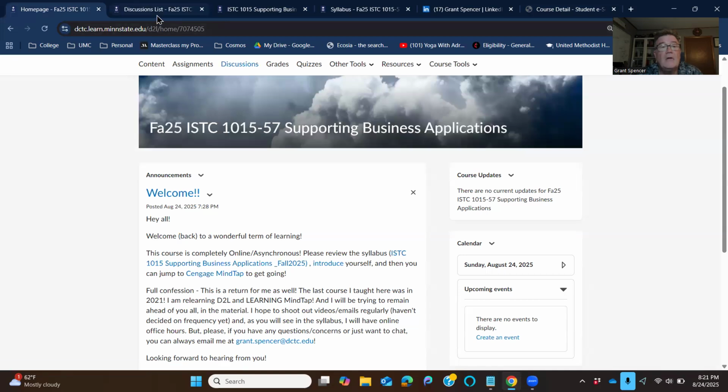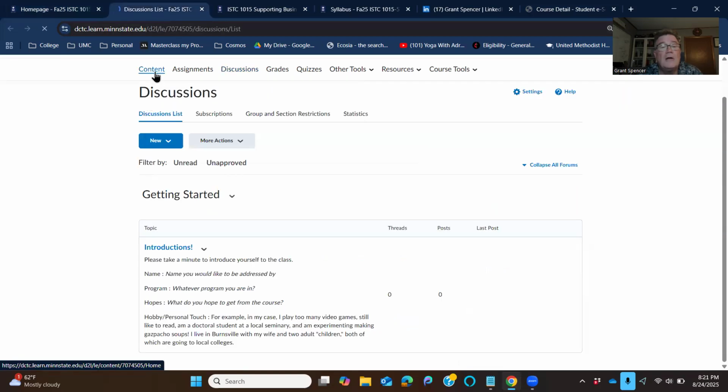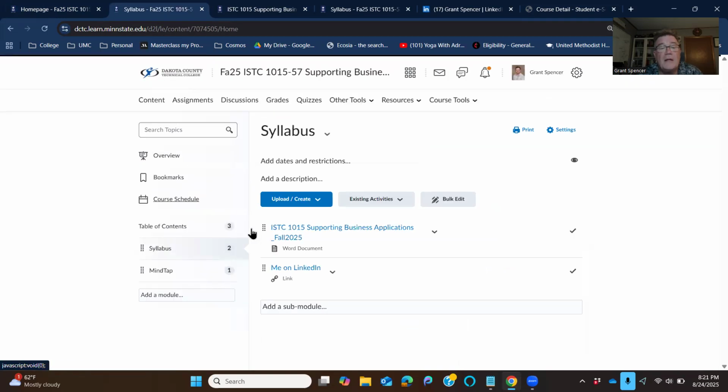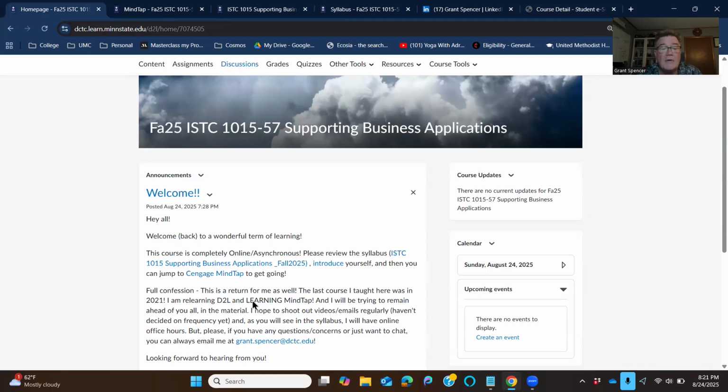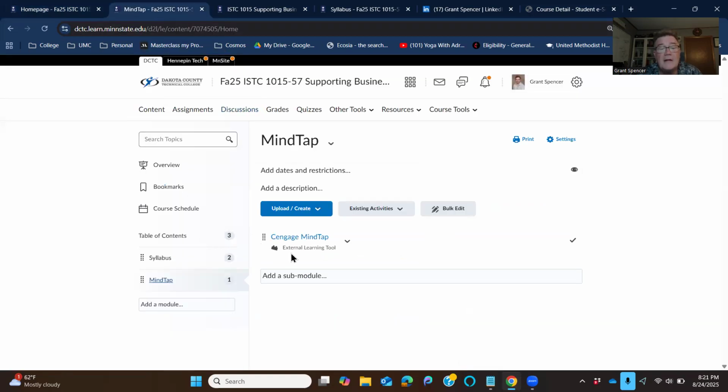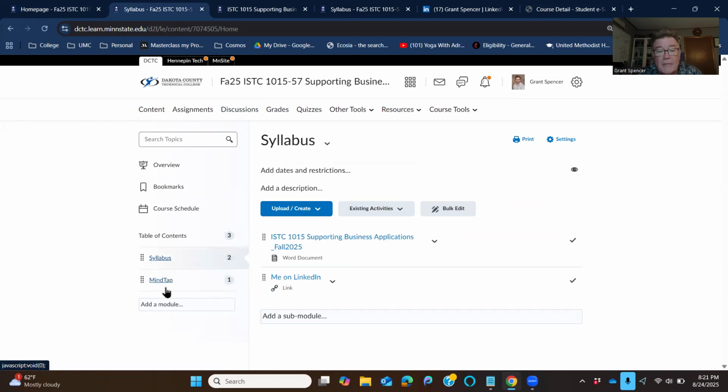Again, a link is sitting here, or if we just go to the content section, we can see that there is a mind map. Now, I suppose I should have called this textbook, but the link that I've got for you here, Cengage MindTap, sorry, is going to take you right here anyway. If you click on this link, we really only have two things: the syllabus, and I suppose my LinkedIn, and then we have the MindTap. We click on this,